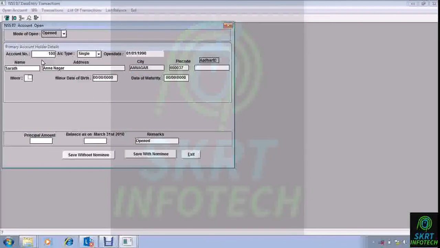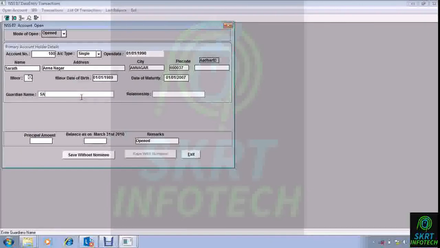Other ID, if it is there, you can enter the other ID, or you can just leave it, because at that time there was no other ID. So if it is there, write it, otherwise you can leave it. Minor date of birth, we have to give a minor date of birth. It will be 01/01/1989, and date of maturity is automatically calculated.